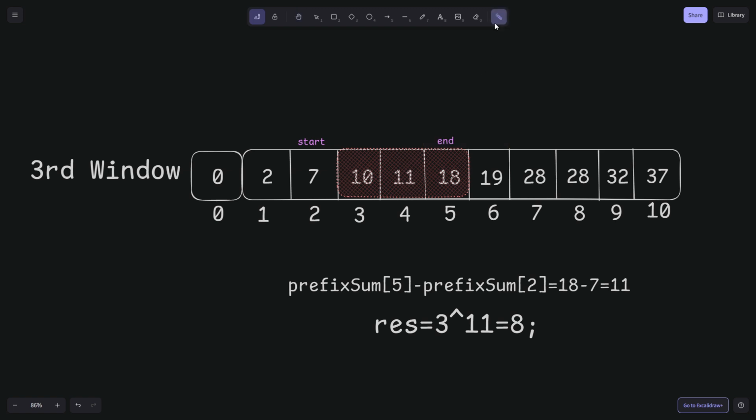So let us do it quickly because the same thing is happening. So I will say prefix sum till 5th index minus prefix sum till this second index, that is prefix sum till end minus prefix sum till start. So it will be equal to 18 minus 7, which is equal to 11, right? So it means that the sum of this window, that is the third window in the original array, is equal